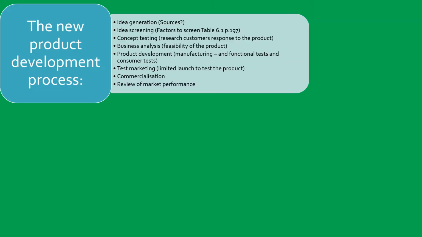We now take a look at the process to follow in developing new products. It starts with sourcing ideas, and it's important to note that ideas can come from different sources. Then the marketer would need to screen the ideas to select the one that is the best fit for the success of the company. The marketers need to test the ideas on prospective consumers, and if there appears to be a good demand for the product, the company can then